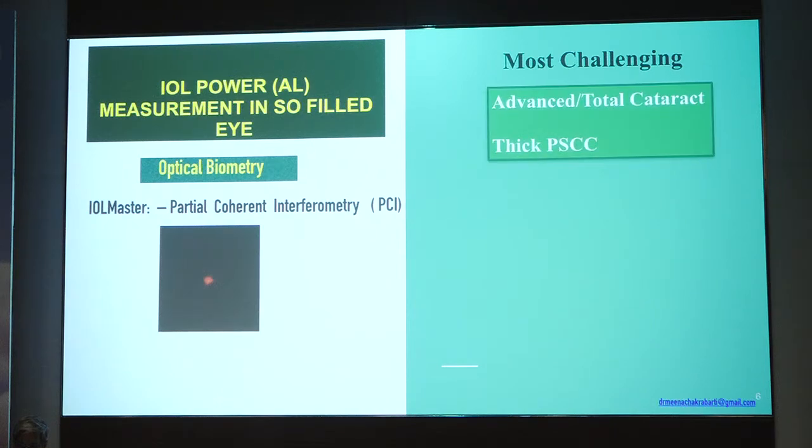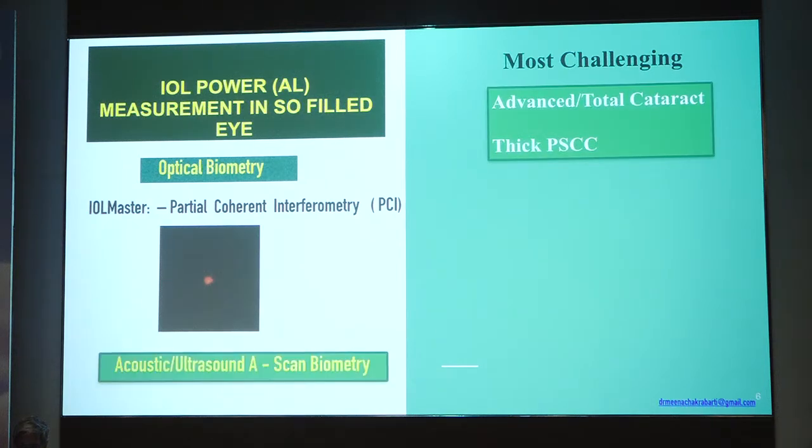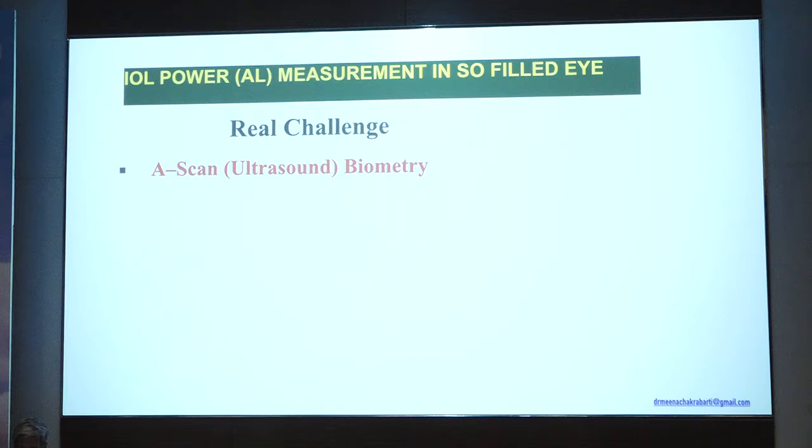And you can always measure the axial length. The ideal would be, like what Dr. Kumar said, to invest in an optical biometer, since it gives you a definite idea of a definite axial length measured from the surface of the cornea to the retinal pigment epithelium. But if you do not have an optical biometer and have to use an ultrasound biometer, then there are real challenges, and I'll give you a few tips on how to get around the situation, although it is not the ideal situation.